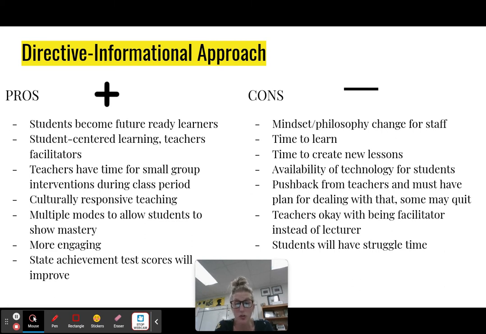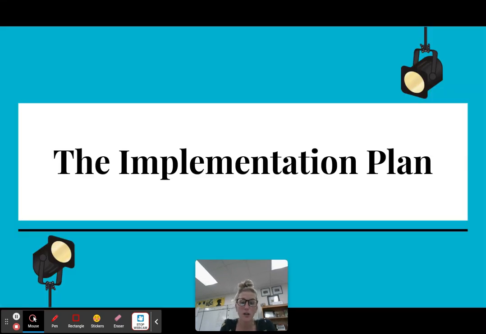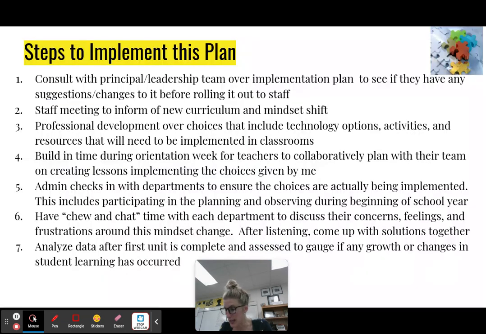And students will have more struggle time in a student-centered learning environment versus a lecture style, in my opinion. So you're going to have to be able to deal with that. So how am I going to implement this plan? And again, my plan is the directive informational. Yes. I'm going to consult with my principal leadership team over this implementation plan that I'm about to show